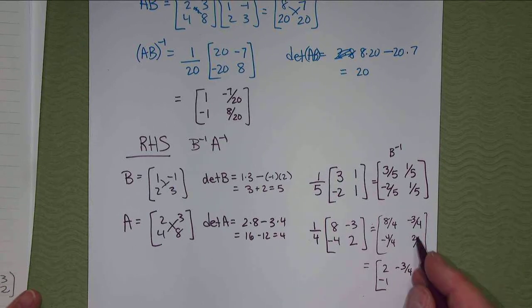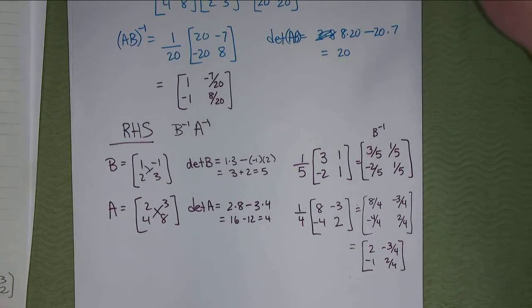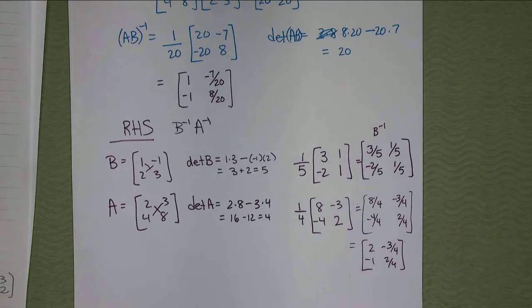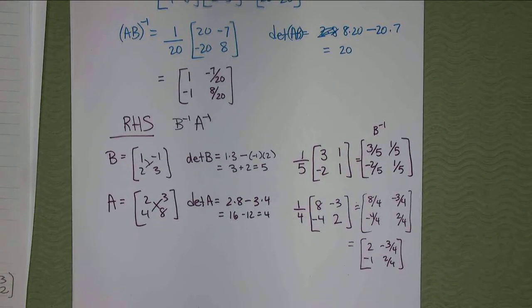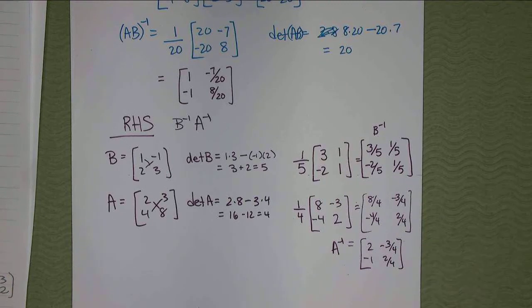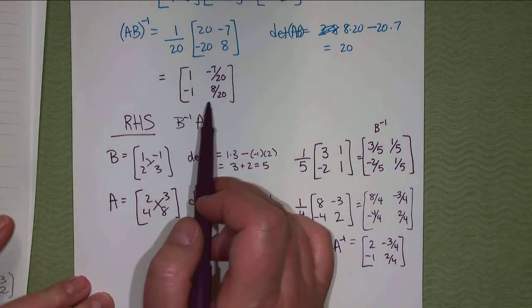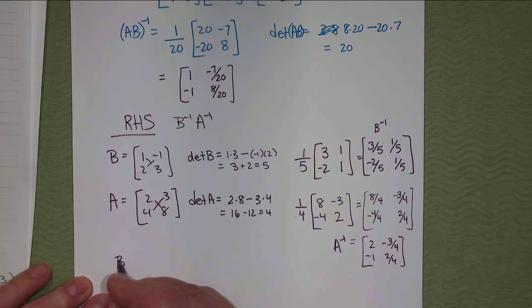You could leave that, or switch it to a half. Okay, so there is our inverses separately, and this side said B inverse A inverse. Should give us the same answer as this. So B inverse times A inverse